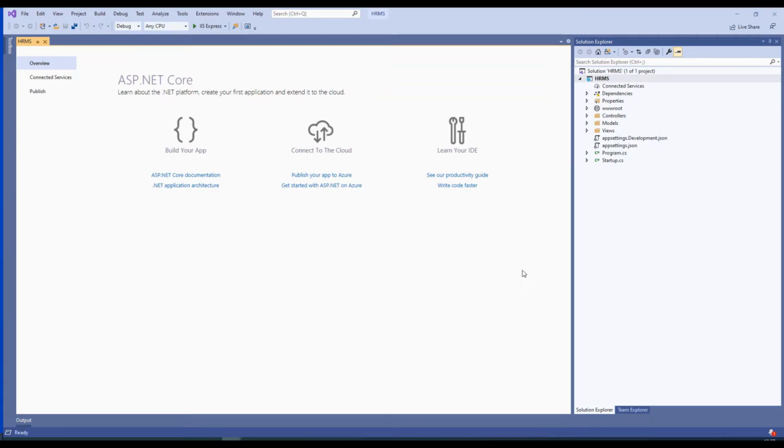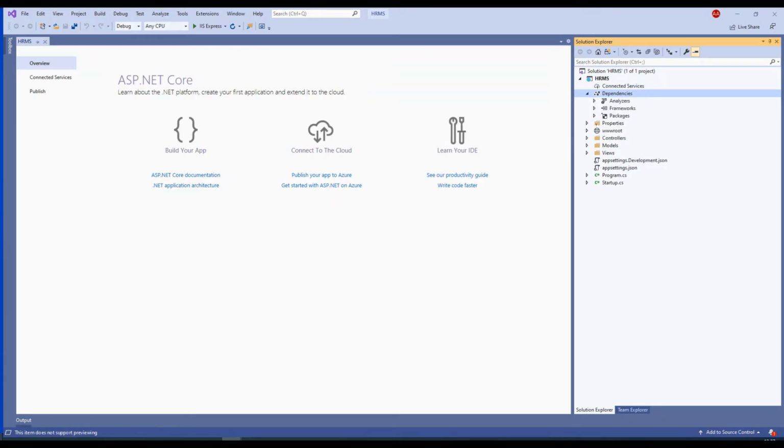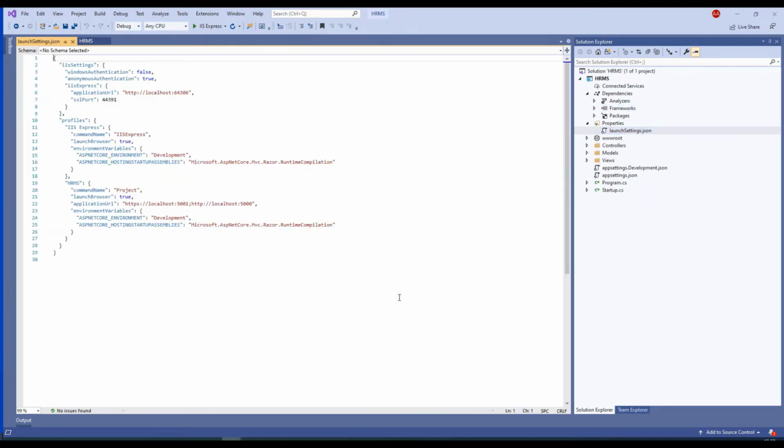See here, the project got created and you will get this screen. I'll talk about each and every folder later. We have dependencies, in which we have packages and frameworks. Here we add references from NuGet packages and some frameworks if you want. Then you have properties and launchSettings.